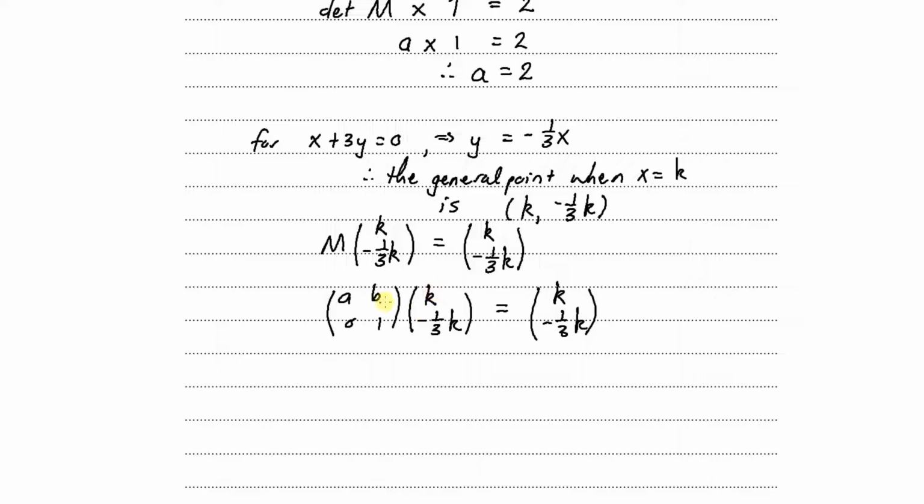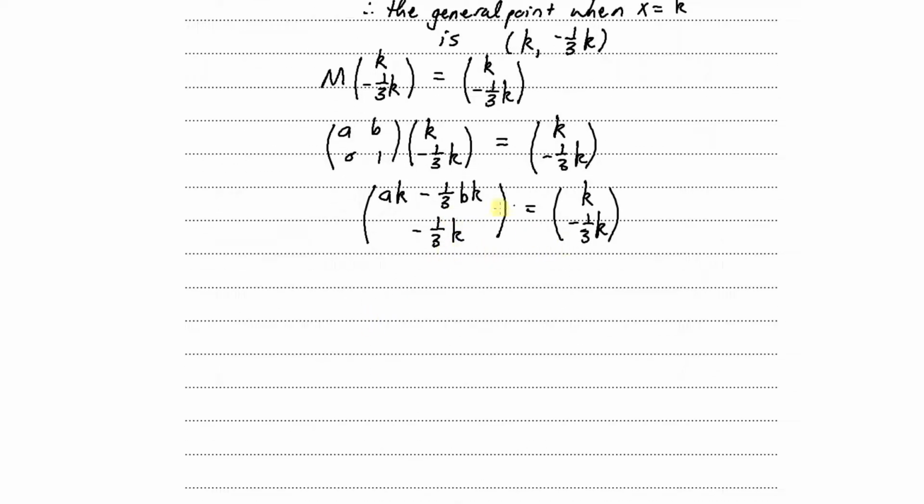So let's multiply here. We have a times k, which is ak, and b times minus a third k, so that's minus a third bk. And we also have 0 times k, that's 0, and 1 times minus a third k, that gives us minus a third k here, and it's all equal to k and minus a third k. And right now we can equate top elements, so that would be ak minus a third bk is equal to k. And if we divide by k for all the terms, we just get a minus a third b